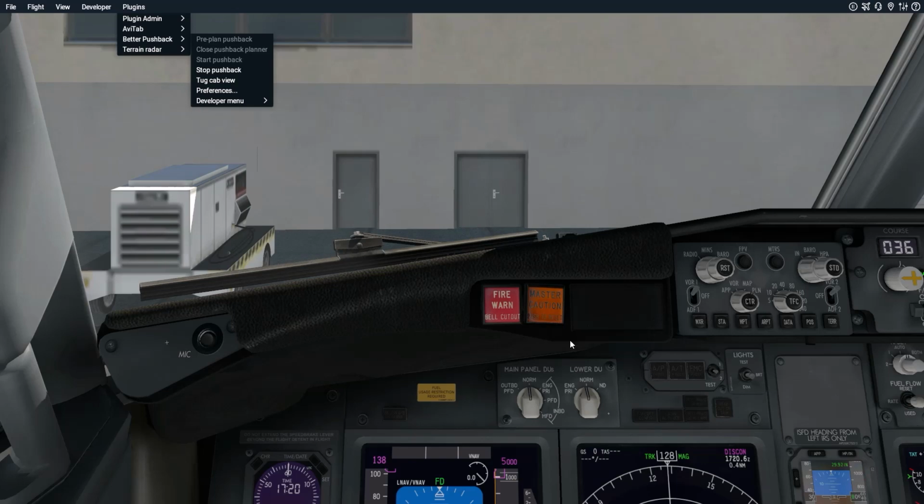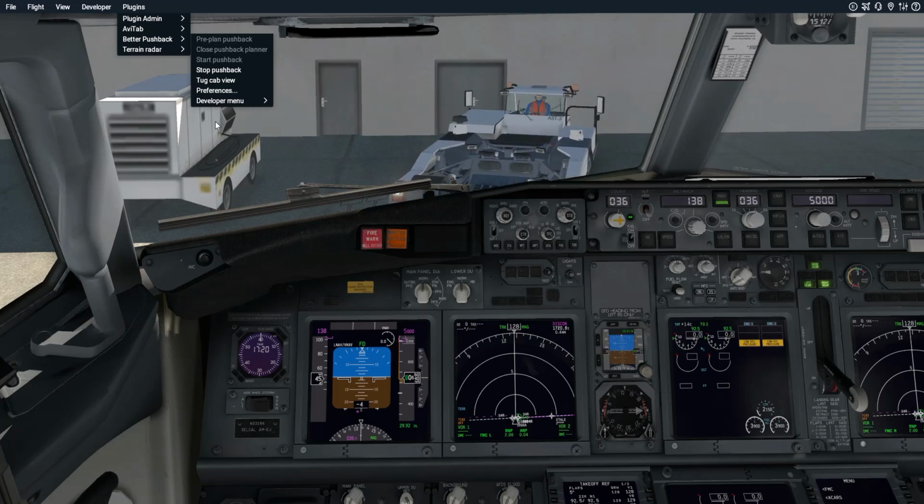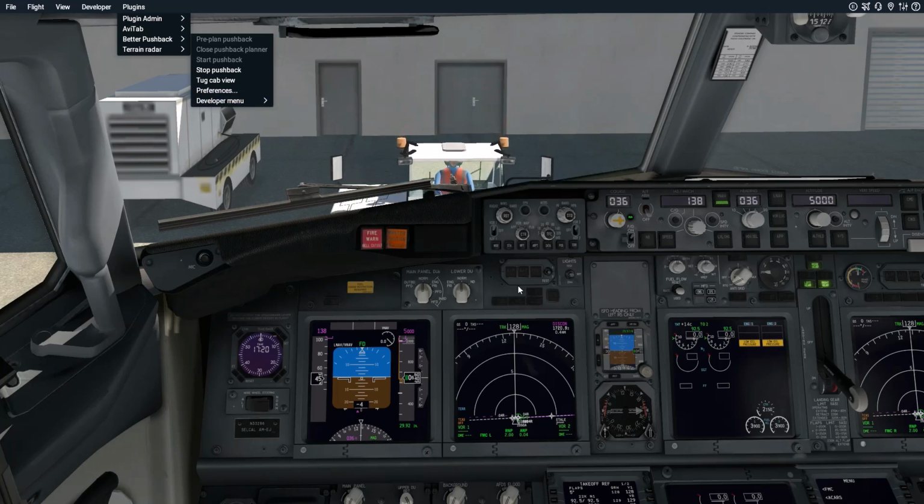And in the meantime, we can just make sure that we haven't missed anything. I think everything looks good. Here comes our tow tractor up ahead. He's going to connect. You'll see the nose raise up a little bit, and then he'll request for us to release the park brake. Once we do start the pushback, that's when we'll